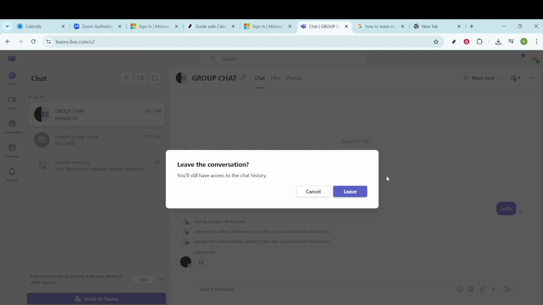This will trigger an important step in the process, confirmation. When you choose to leave the team, a confirmation message will pop up. This is an essential step to prevent any accidental departures from a team you may still want to participate in. The message usually asks if you're sure you want to leave the team, giving you an opportunity to confirm or cancel the action. Once you're absolutely certain this is what you want to do, proceed to confirm that you want